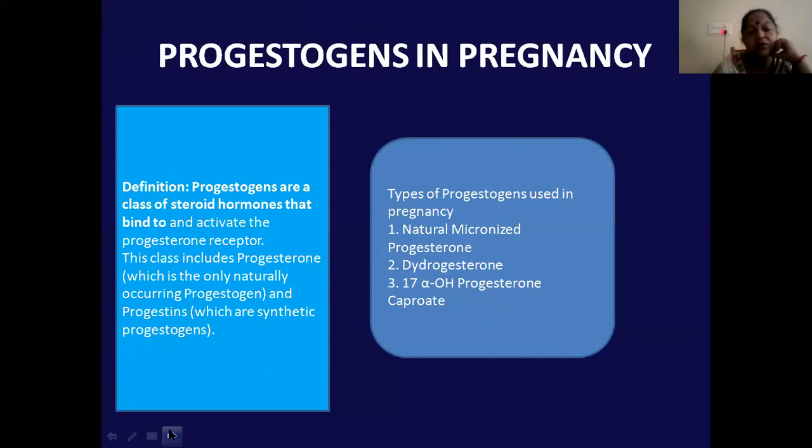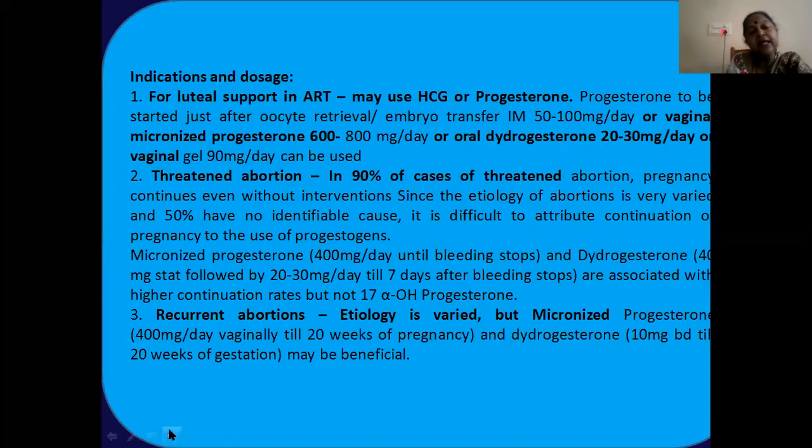These are the steroid hormones which are bound to the progesterone receptor. And there are various varieties of progestogens available. So they are natural micronized progesterone, dihydrogesterone, then 17 alpha hydroxyprogesterone caproate. These are the drugs which are used in pregnancy, and the various indications, I'll not go into the details of: infertility treatment, luteal support in ART, then threatened abortions where we use various types, and dihydrogesterone is preferred over micronized progesterone